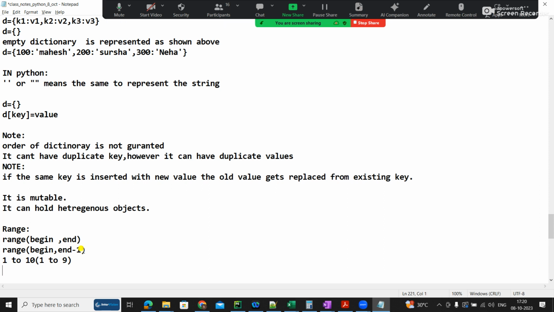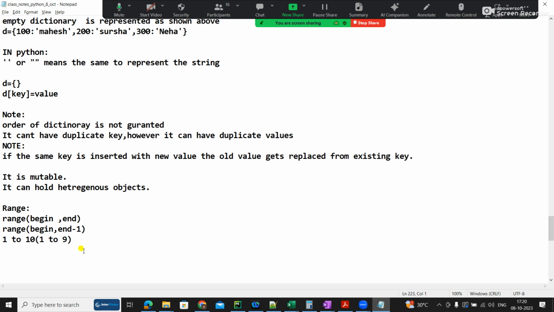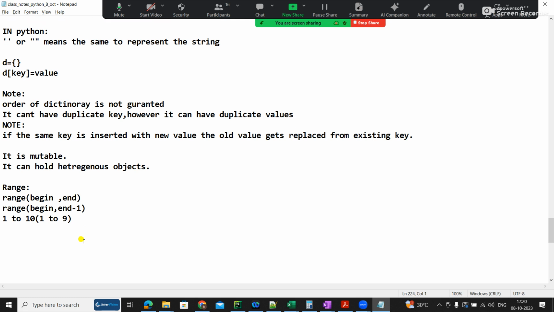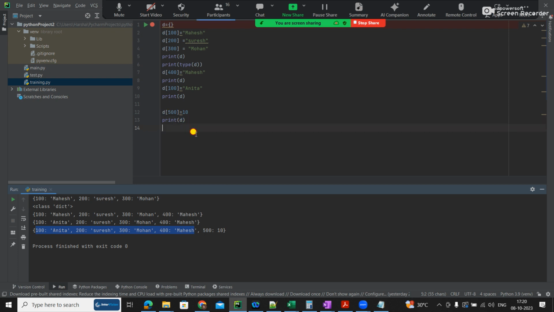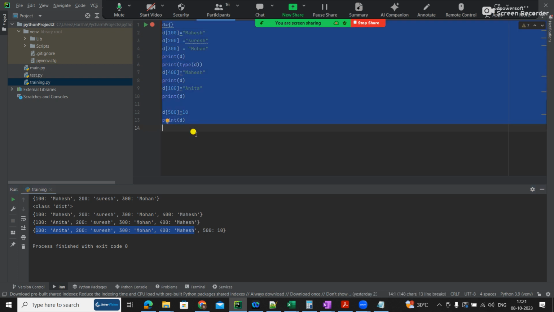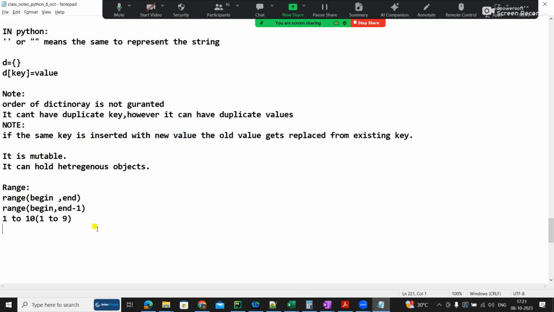If you want, you can understand the syntax like this also, fine. That means if I give 1 to 10, the output you get is from 1 to 9: 1, 2, 3, 4. That is n minus 1. That is how they have done it over here. So let me take one small example, because these are common things we will be using.